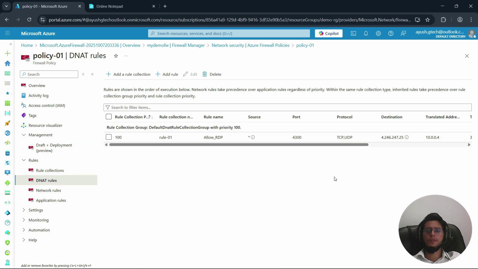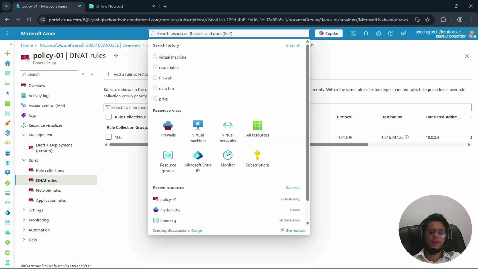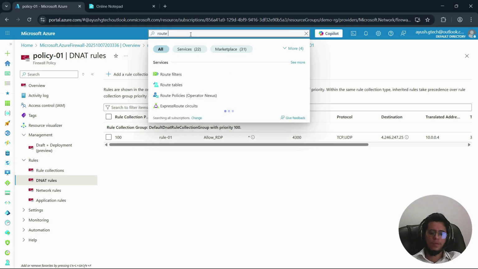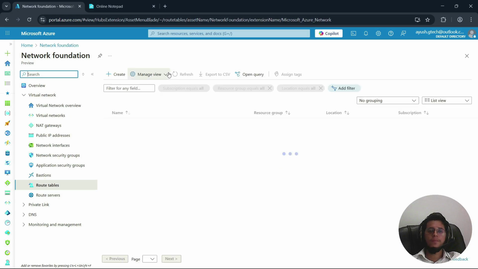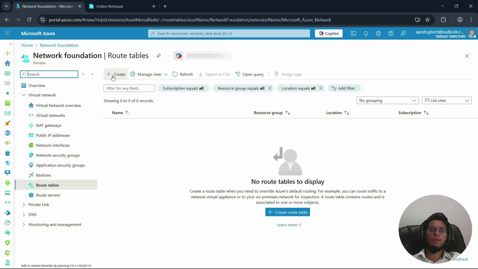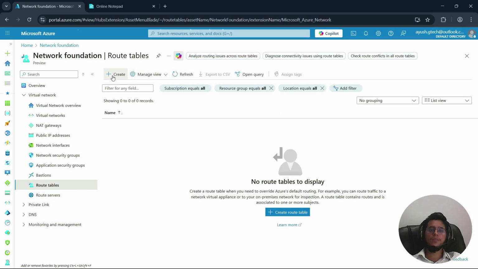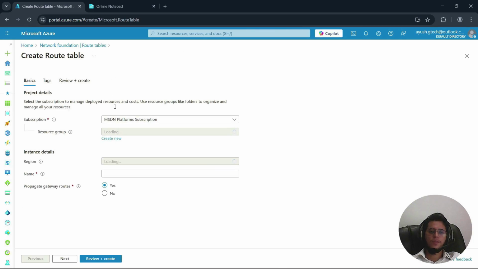Okay everyone, now you can see this DNAT rule is created. As the next step, I am searching for the route table and I am going to create one. This route table defines that all the traffic is moving through the firewall I have created. So here I am selecting my resource group, and most importantly, you have to create the route table in the same region.